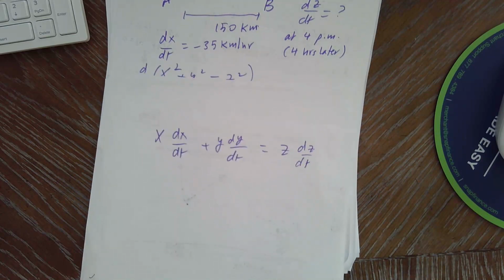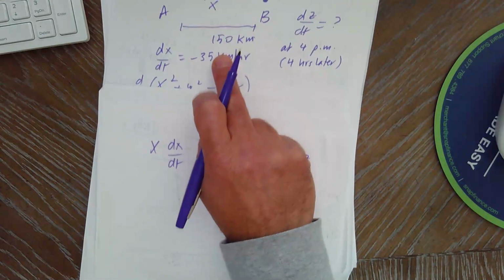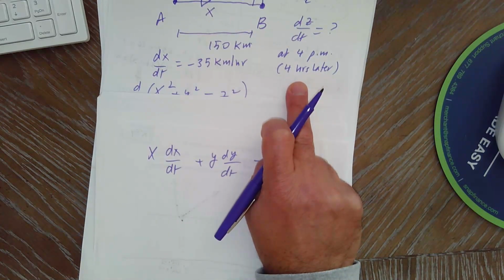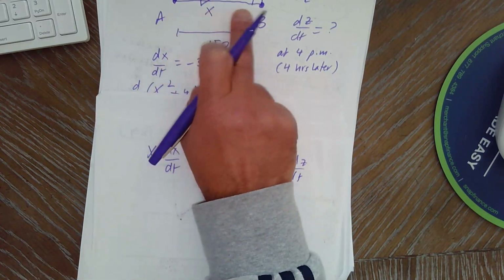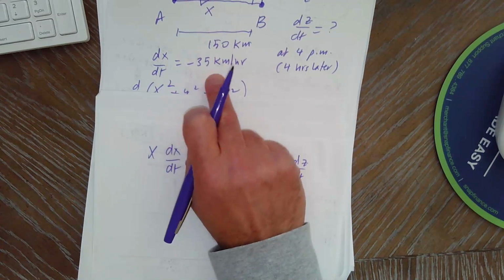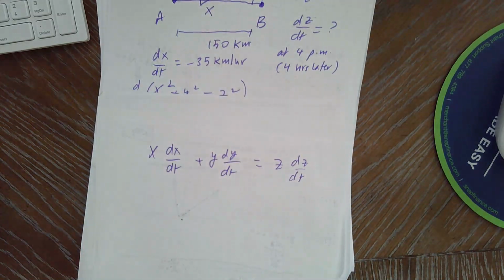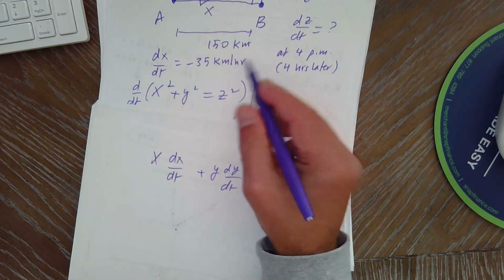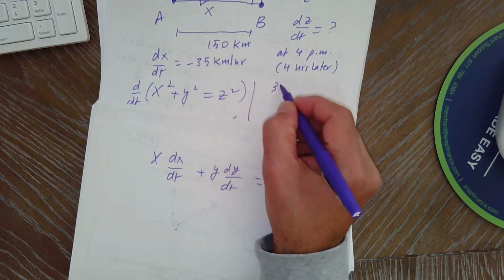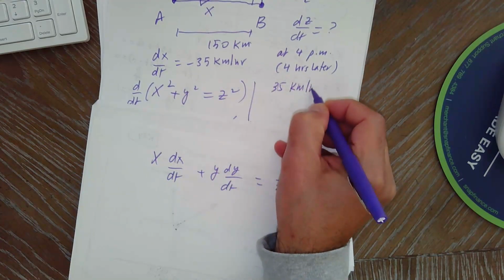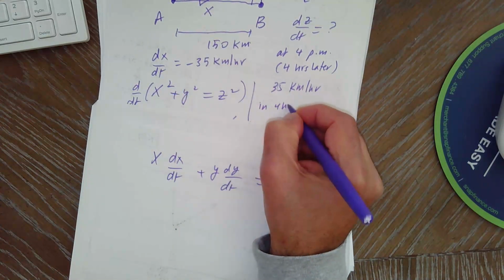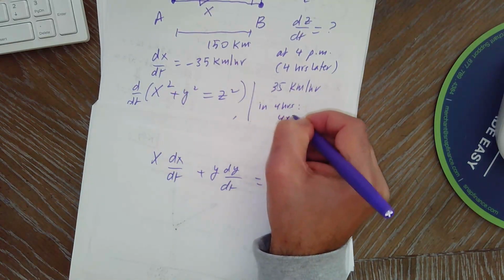Okay, so x is not going to be 150 because that was at 12. We want to know what happens 4 hours later. That's moving at a rate of 35 kilometers per hour in 4 hours. So the rate of x is 35 kilometers per hour. So that ship A would have traveled in 4 hours, it would have traveled 4 times 35,